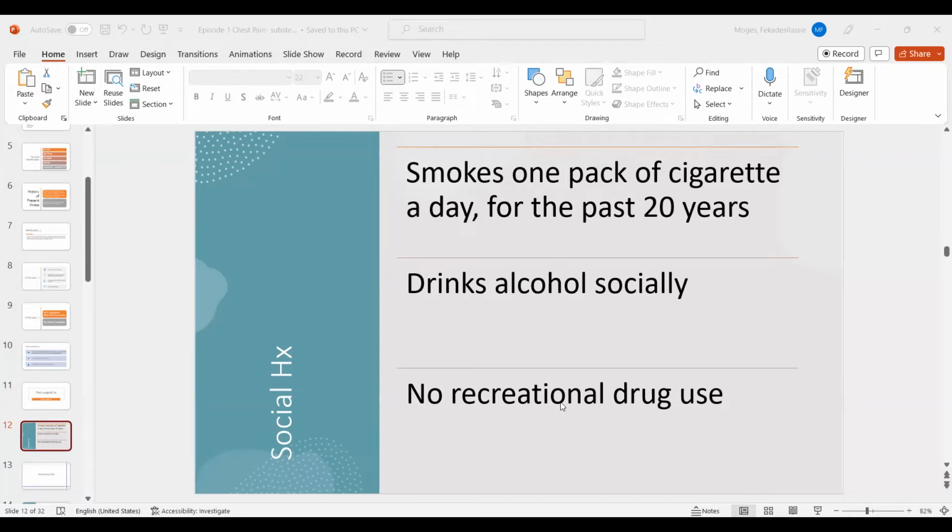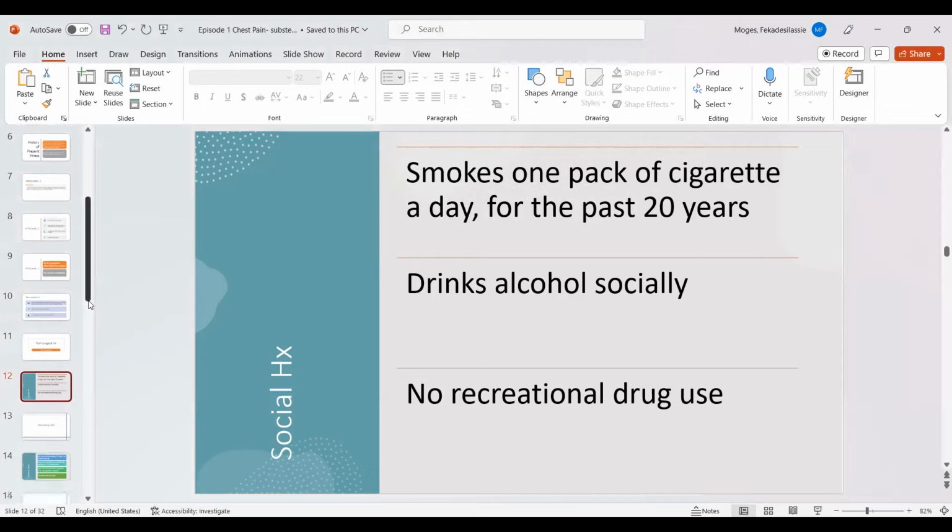I am happy in a way that you guys asked these questions as part of the HPI. You are excellent because these things could be related to the disease in question or to the pathology in question. So these are risk factors: drinking alcohol, smoking cigarettes, use of recreational drugs, particularly cocaine. They are really relevant in this particular patient. So all these social history components can be part of the HPI because they are one way or another related to the HPI. That is the reason why I gave out the answer as part of the HPI. And I love it. And you guys nailed it. So you should ask and you should include it as part of the HPI. It's very important in considering our differential diagnosis in this patient.